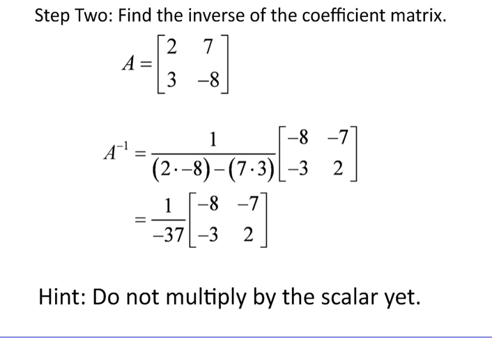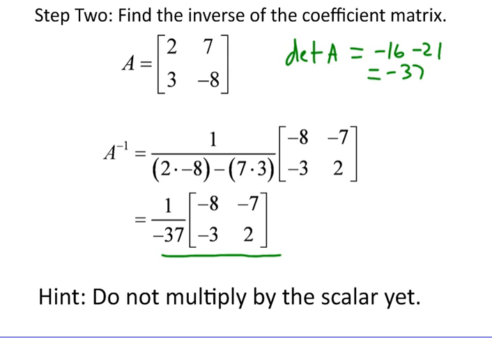So we have to find the inverse of the coefficient matrix. Remember, the first thing to do before you find the matrix inverse of the coefficient matrix is find the determinant. So we have negative 16 minus 21, which is equal to negative 37. If the determinant equals 0, then the inverse does not exist, so there would be no solution. But it does exist, so the inverse is 1 over negative 37 times the 2 by 2